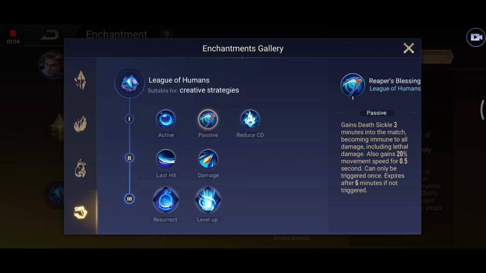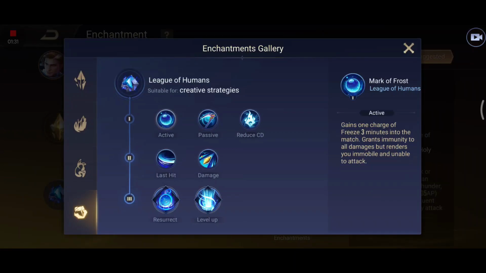Then you have death sickle. So at 3 minutes into the game you gain death sickle. So basically any damage that is gonna kill you, you can immune it and live. This only lasts till 6 minutes into the match, so you have to either use it within 6 minutes or it'll disappear. So this was the nerf that made this rune useless right now, and everyone is taking the other alternative,